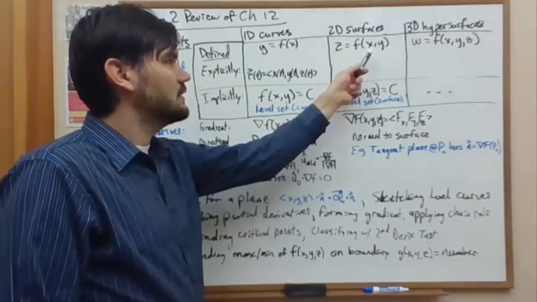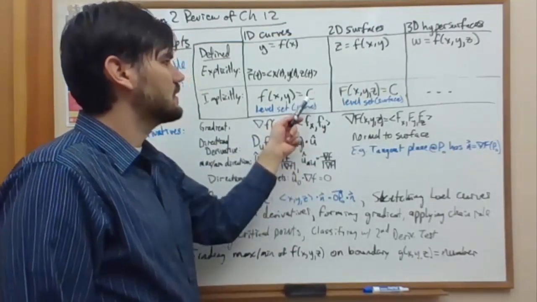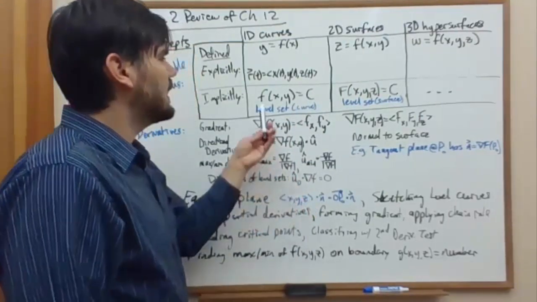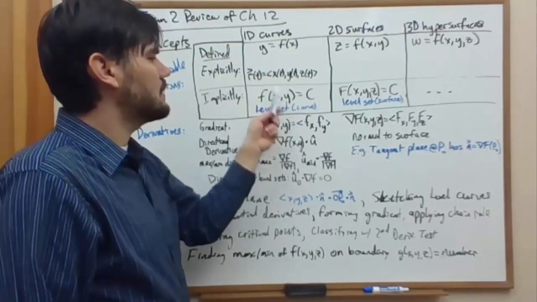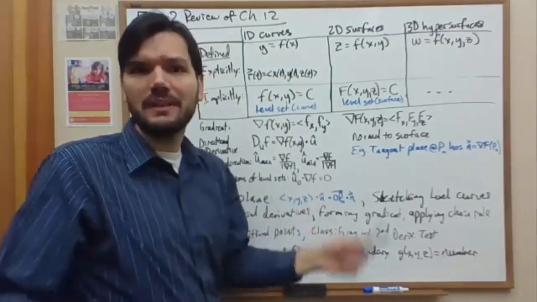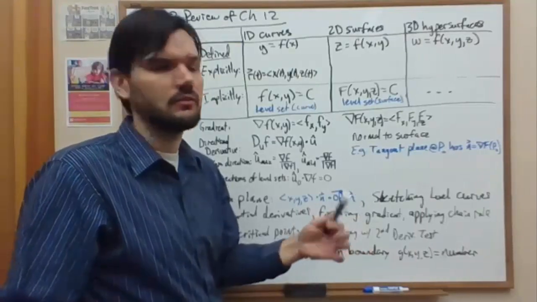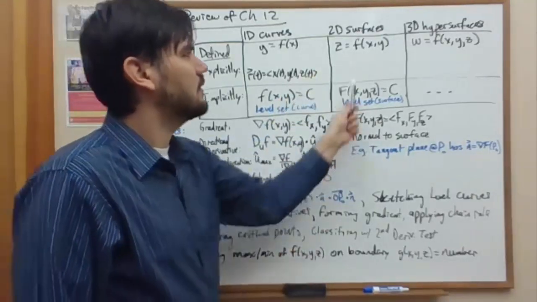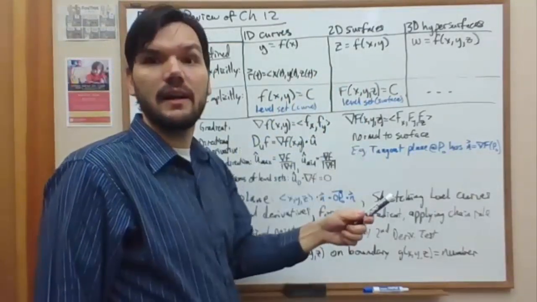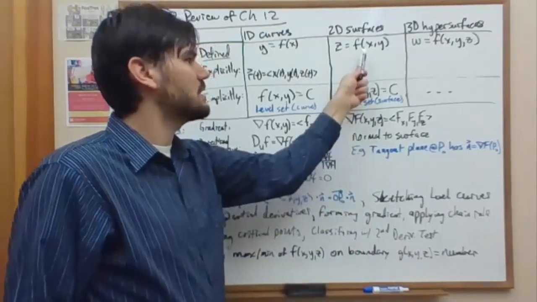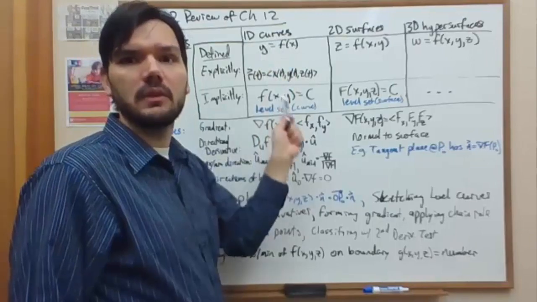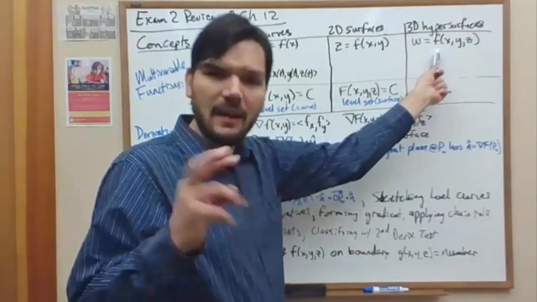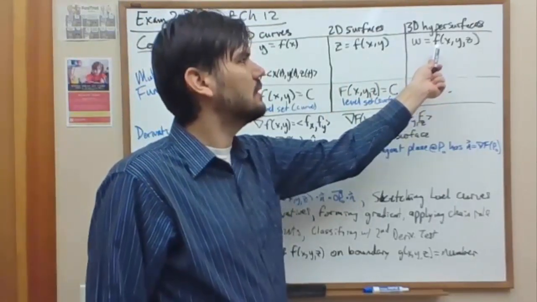Where we set a two-dimensional surface equal to a constant height, so a constant three-dimensional component, that can be solved for y to make it explicit, or can be left implicit, like when you have circles of certain radius. So that's where level sets come. Going to 2D surfaces, we have our traditional surface, z equals a function of x and y. If we find a level set of that surface, it brings us down to a 1D curve, an implicit version of that 1D curve. If we go on to a 3D hypersurface, we won't worry about the notation for that,